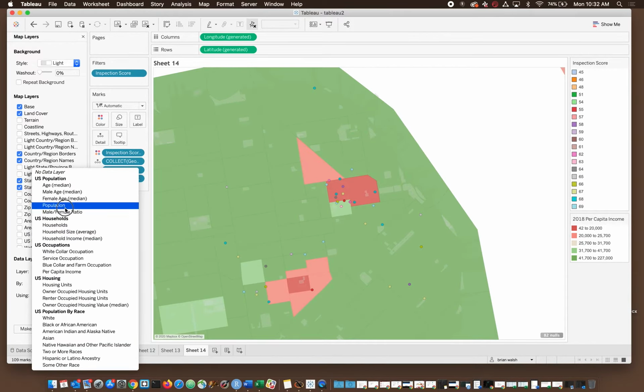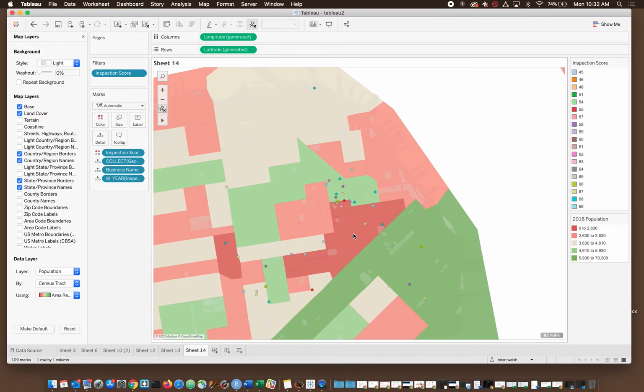If what I said was true about people not really living downtown, that would be represented here as well. And you can see actually that the population is really high here. It's one of the highest in the city. So this is an area where there's a high amount of population density, a low level of per capita income, and a high concentration of restaurants with failing